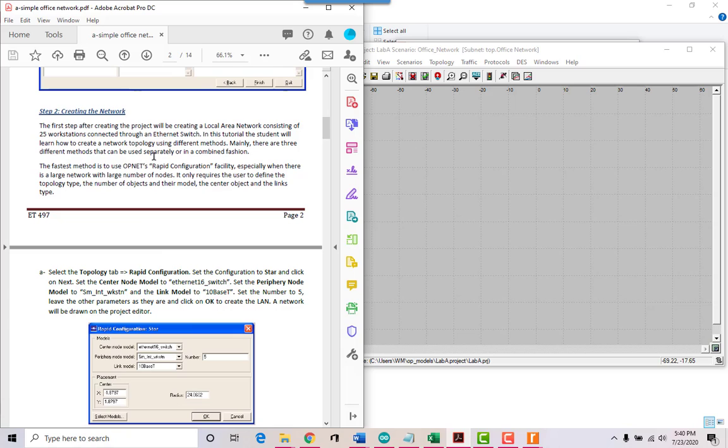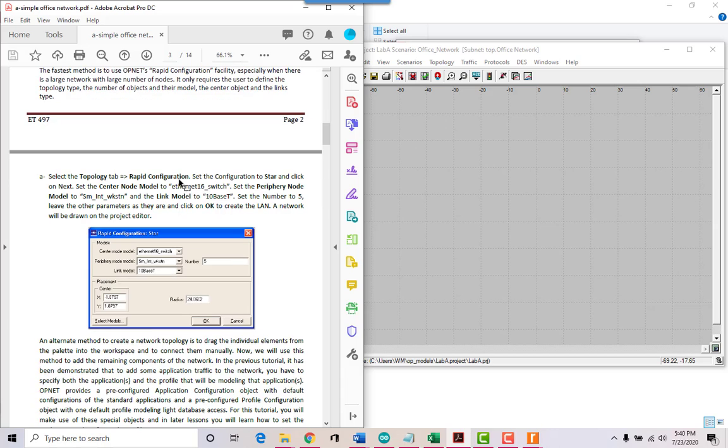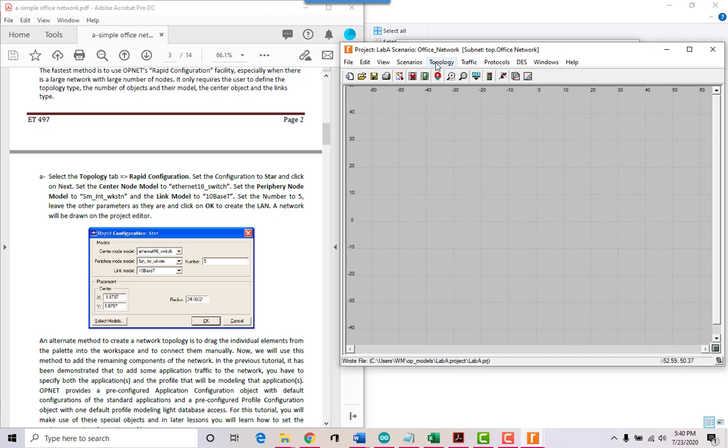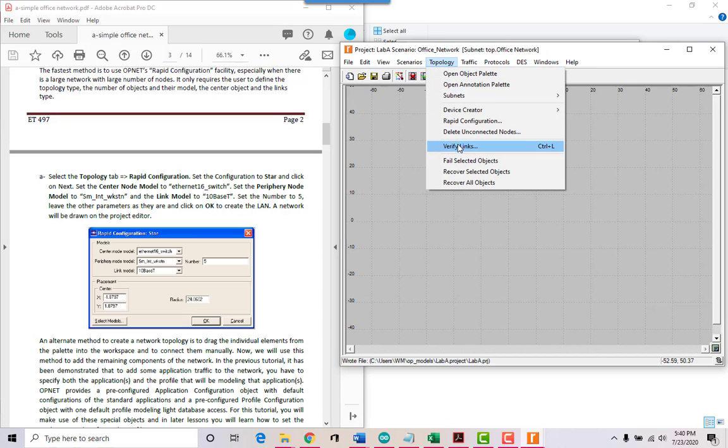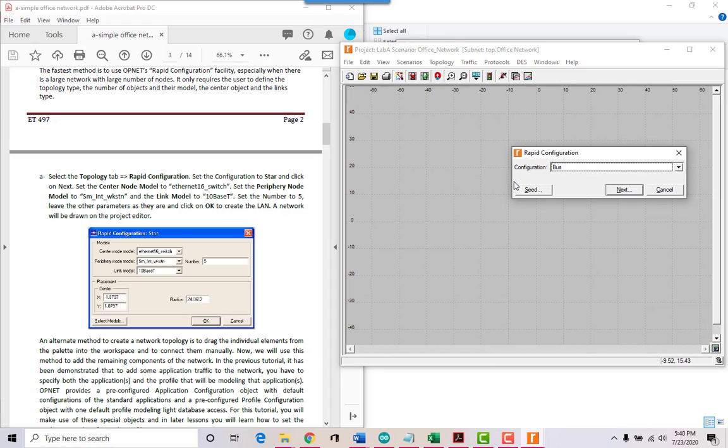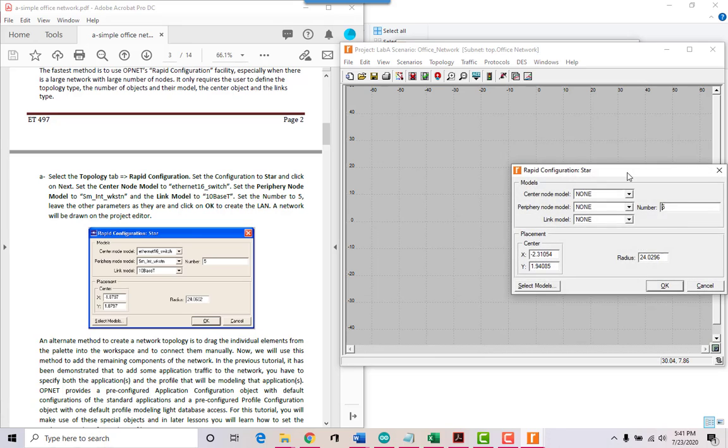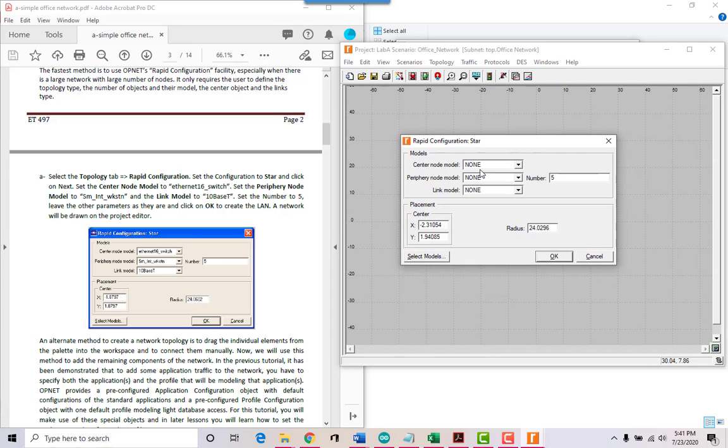So the first step after creating the project will be creating the local area network. It consists of 25 workstations through an Ethernet switch. Alright, so we select the topology tab, rapid configuration. This is going to be a star configuration. Set the center node model to Ethernet 16 switch.